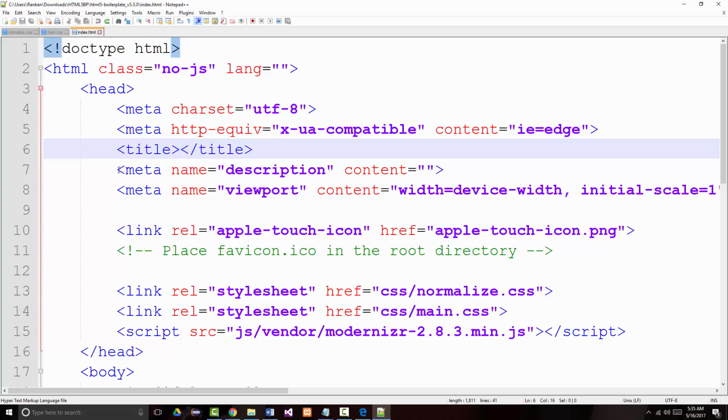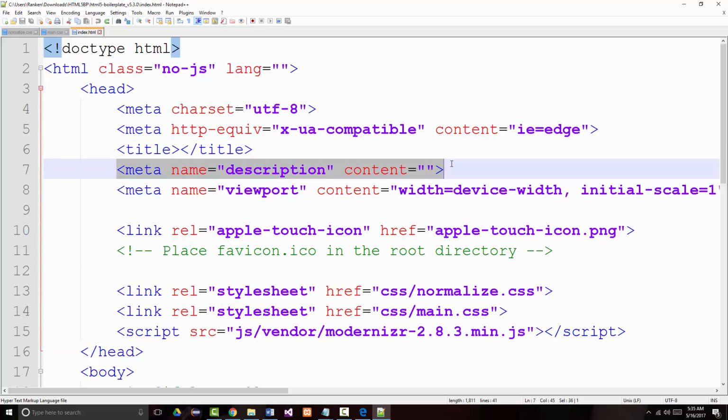All right. Next, we've got a couple meta lines. This one says name equal description, and there's no content in there. What we can put in there is a description of the site, some taglines, as they're referred to. It's not shown in there, but if we wanted to, we could also have not just a description tag, but